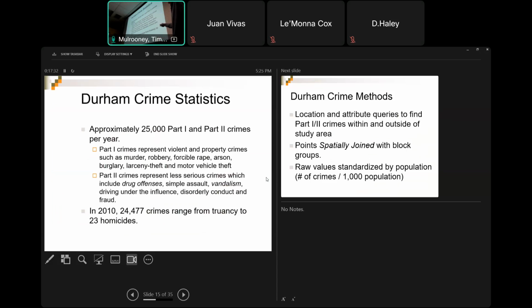And so what we did here, we kind of broke crimes down into part 1 and part 2 crimes. Is anyone familiar with part 1 and part 2 crimes? Part 1 are crimes against people and property. Part 2 crimes aren't as serious, even though things like DUI are classified as part 2 crimes, but I'm sure it's classified as part 1 if it's like vehicular assault or negligent homicide. So that's a little bit more for our criminal justice folks, but drug offenses, simple assault, vandalism, DUI, disorderly conduct, fraud. And so we kind of got these crimes from 25,000 crimes, we broke them down to part 1 and part 2.